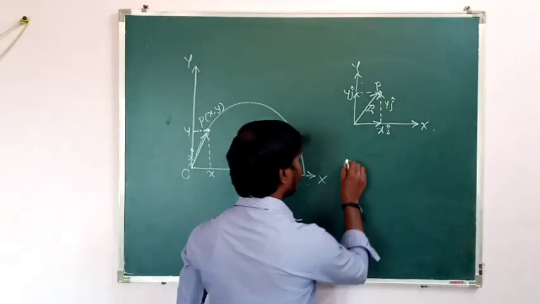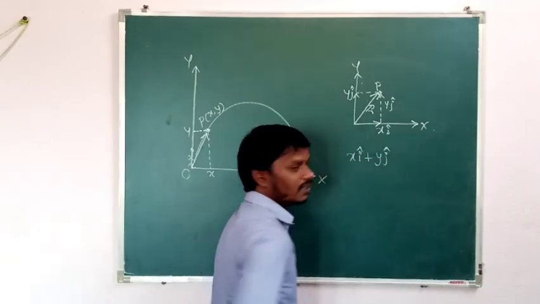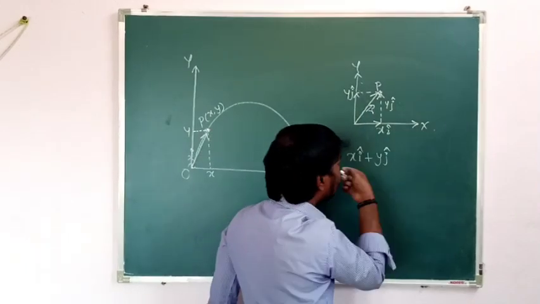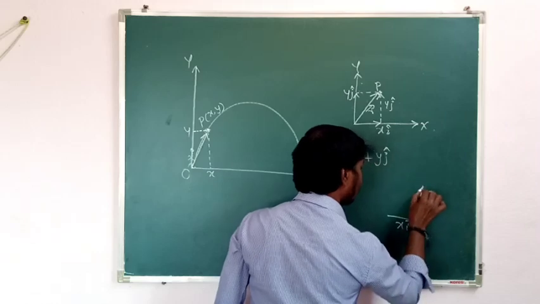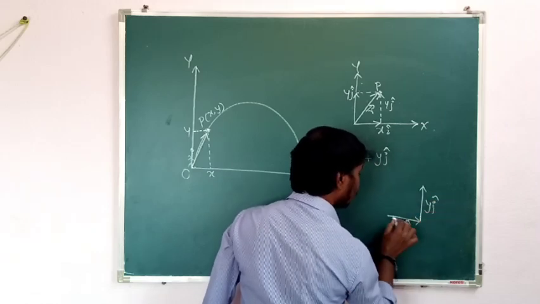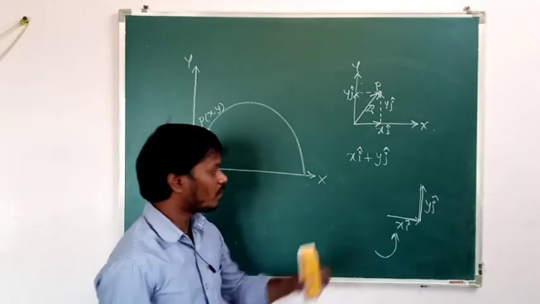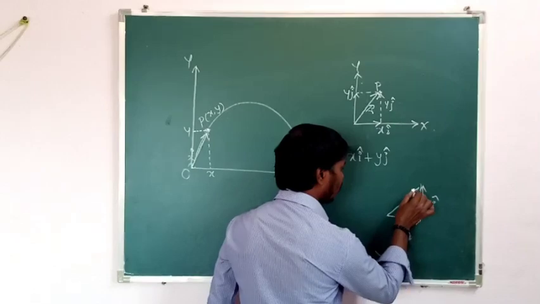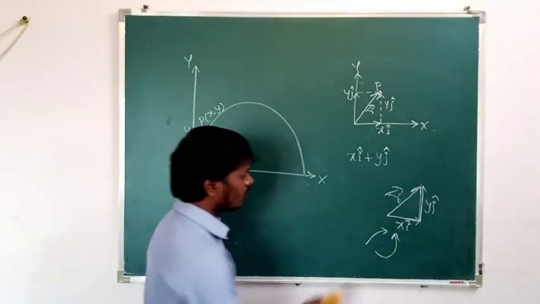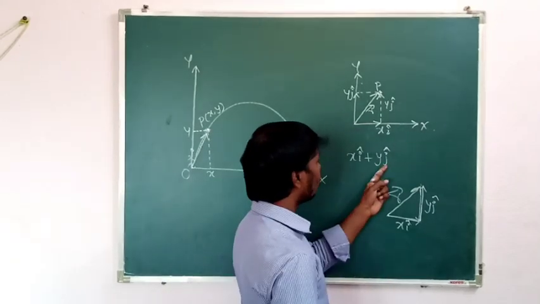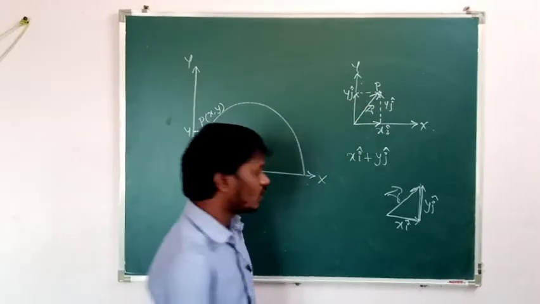Look here, xi and yj both are in the same order, then we are going to add them. But vector r is in the opposite order. Like this, xi and yj are in the same order, but their position vector can be taken in the opposite order, that is vector r. Then the sum of two vectors taken in the same order is equal to the vector which is taken in the opposite order.